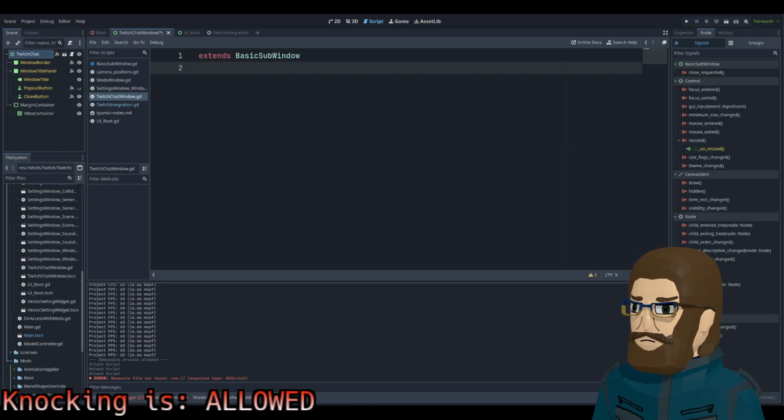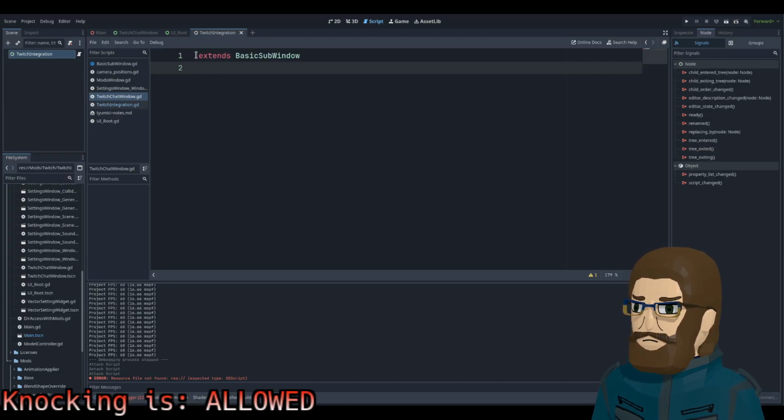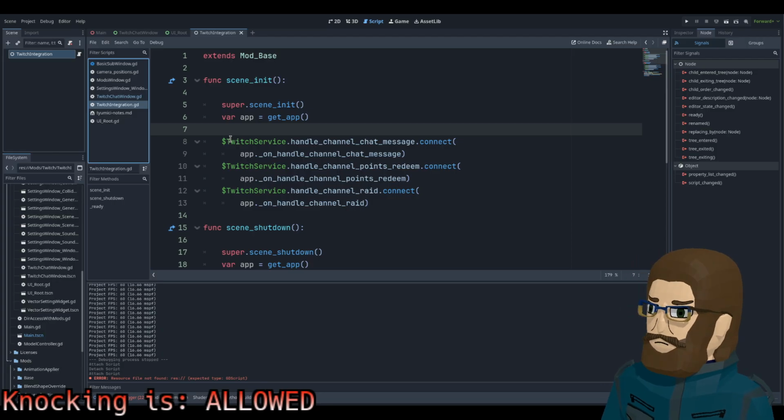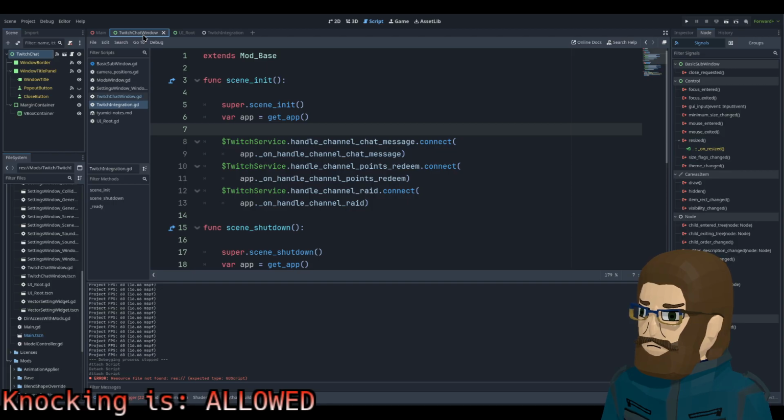I want to refresh myself with another thing actually. So the chat window.